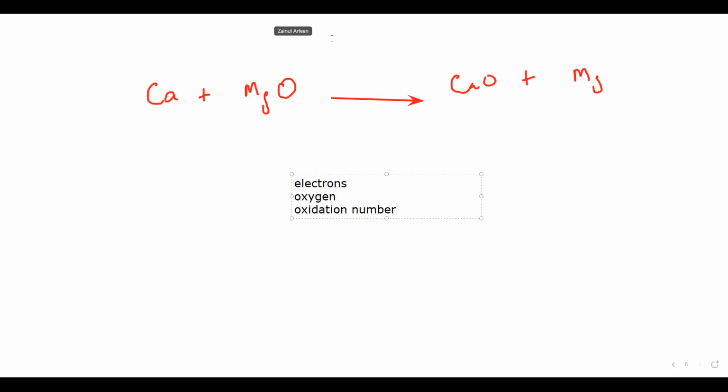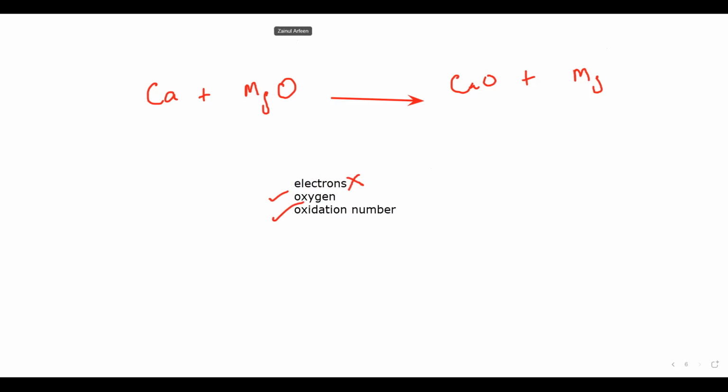So when we check the first, electron, we don't see any electron transfer, so that's why we cannot work it out with electrons. Oxygen, yes, we can see the oxygen, so we can work it out in terms of oxygen. And oxidation number, you can also use and you can get the answer. So now if we check with oxygen,